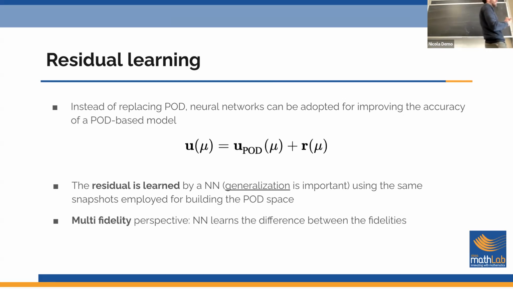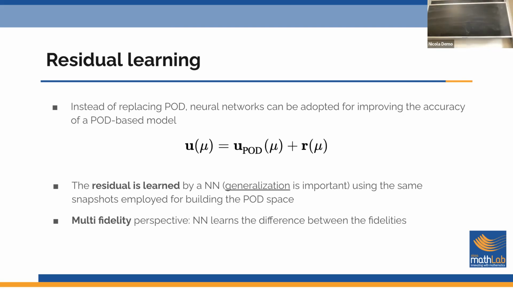But our idea is to consider that maybe you have very few snapshots to build your POD model, so even if the problem is not that complex, the accuracy may not satisfy you. So what if we try to learn that quantity, which depends, of course, on the problem